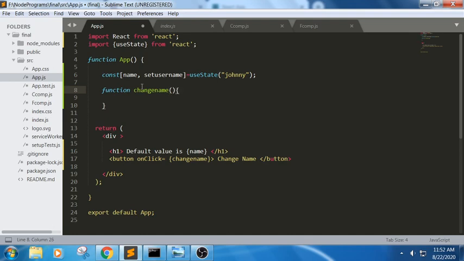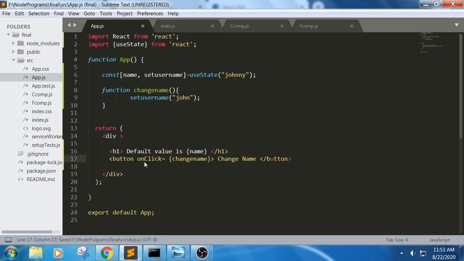What we have defined, we should be able to use the same thing here: setUsername. We have taken a function here, and we do the same thing. Let me set it to John.